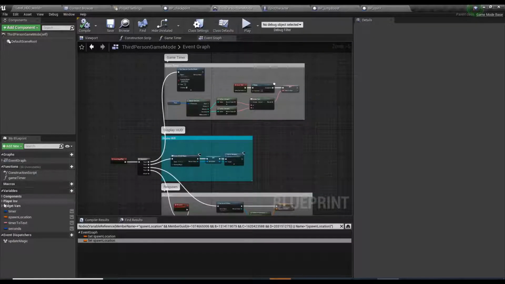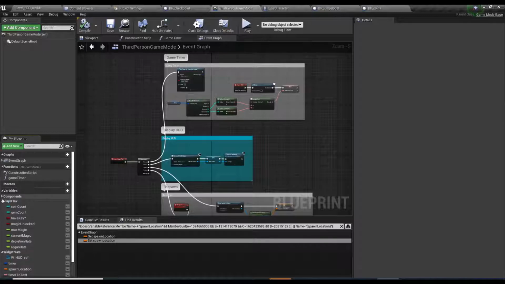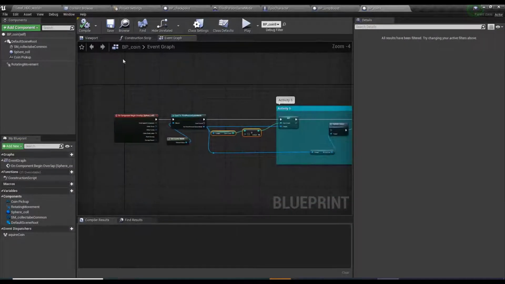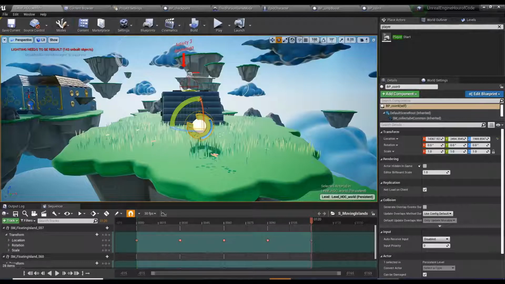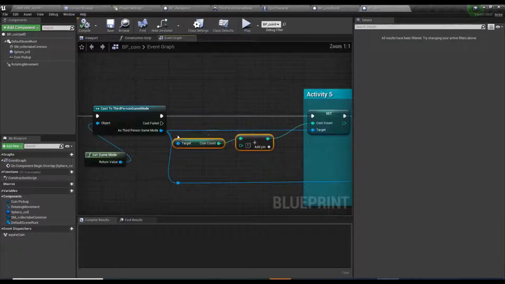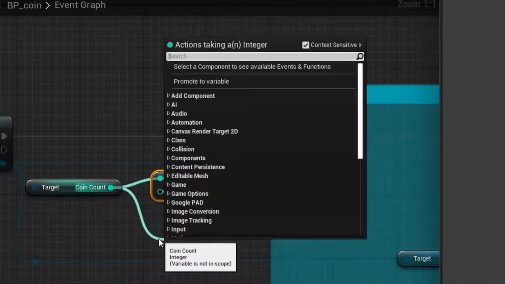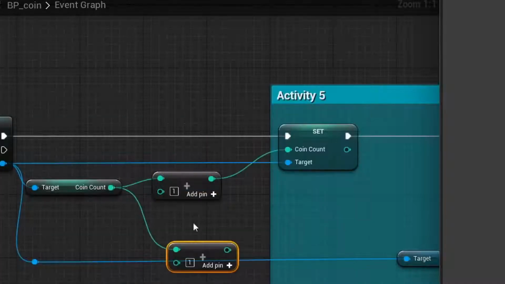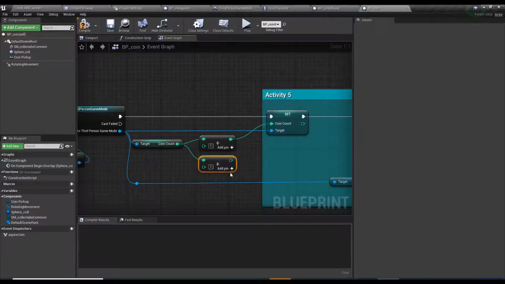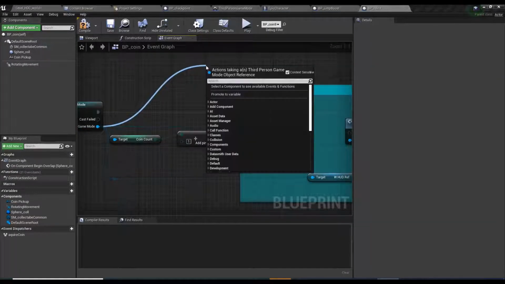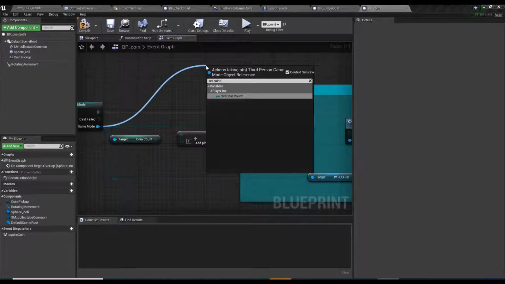So we come here. Let's just look for it. There it is. It's in player inventory. It's called coin count. Default is 0, starts at 0. So every time the player hits one of these coins in the world, right here, we're taking the current coin count in the game mode and we're just dragging off, do a plus sign, integer plus integer. We're just adding 1. And then if you drag off of this and type in set coin count,